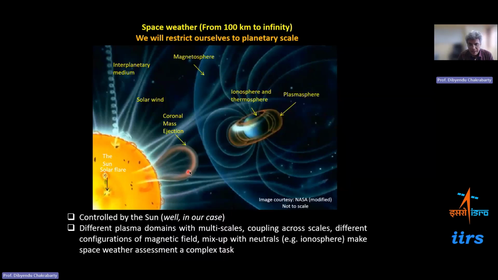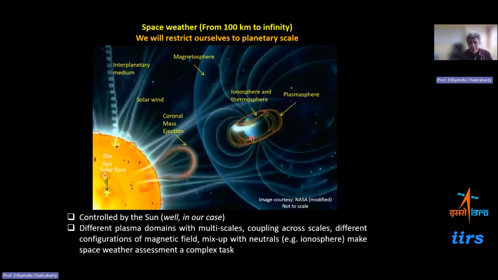These are magnetized, and you know that Earth is a magnetized planet, and the interaction between this coronal mass ejection structure and the Earth's magnetic field can create turbulence in our outer space environment. In addition to that, there is the solar wind, which is continuously coming from the Sun. It consists of charged particles, primarily protons and alpha particles.